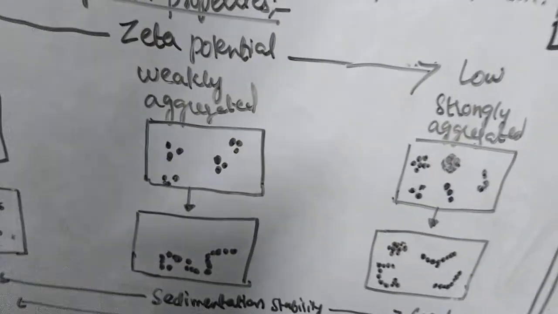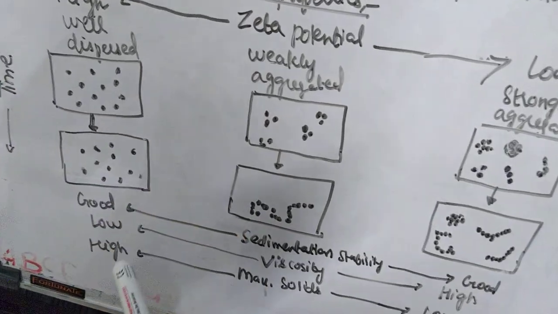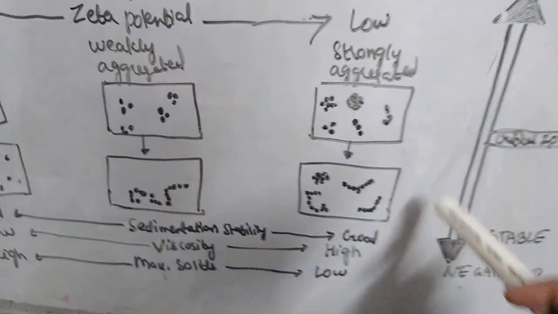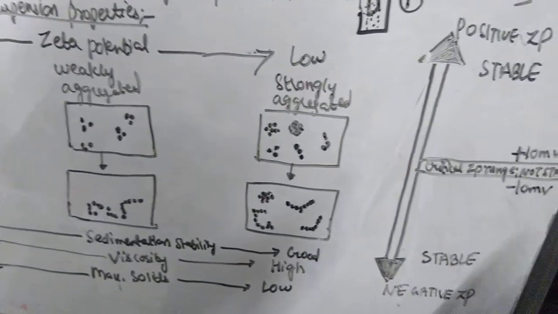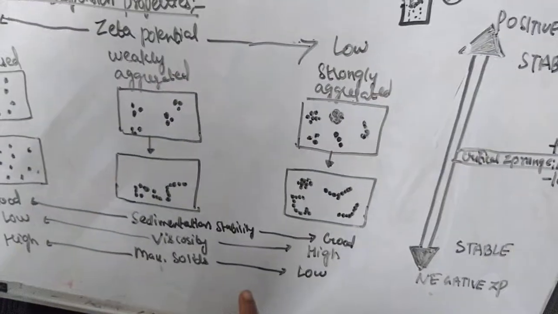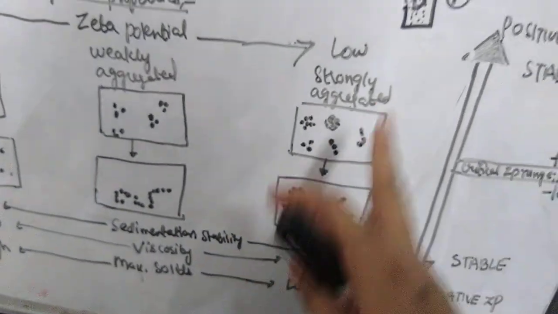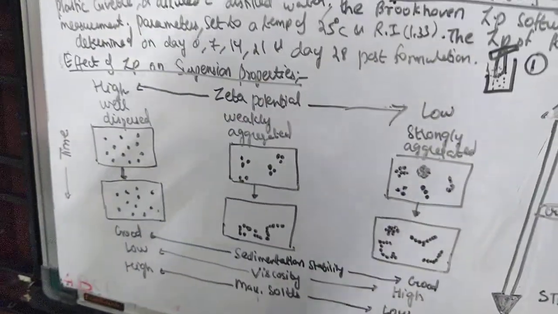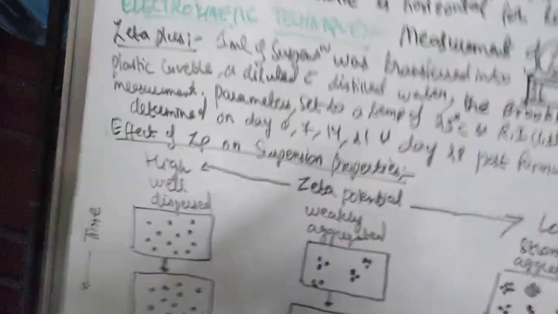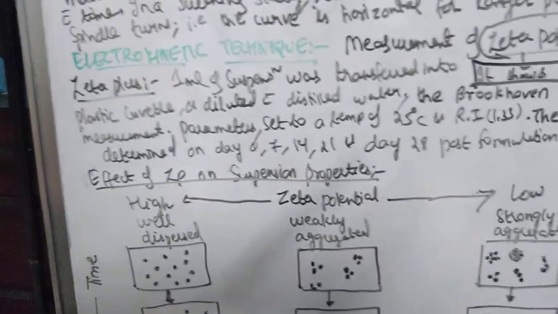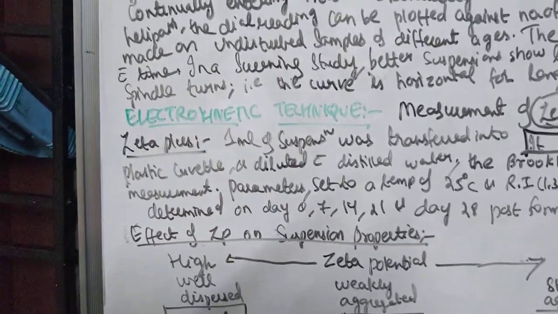Then maximum solids. Maximum solids will be present in this deflocculated state where the particles remain individually dispersed. Whereas in a flocculated system, you can see aggregates or flocks which are stronger and which settle down. So maximum solid content will be low in this kind of flocculated system. So I think now the concept became very clear to you. Zeta potential at a particular value is desirable because it will keep the system at a controlled flocculation. So this I have already told you.